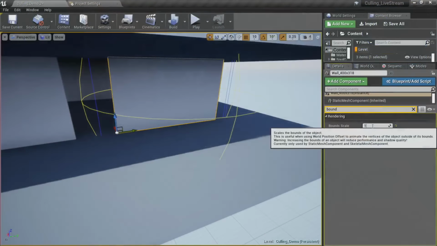For instance, if you were to use freeze rendering and something's there, the bound scale is hidden behind some menu, so unless you know what you're looking at, you just go, oh well, it's being rendered, but it should be occluded by something. I also recommend not using whole numbers, only increase it as you need it. If you're at 1 for your base, don't go to 2.